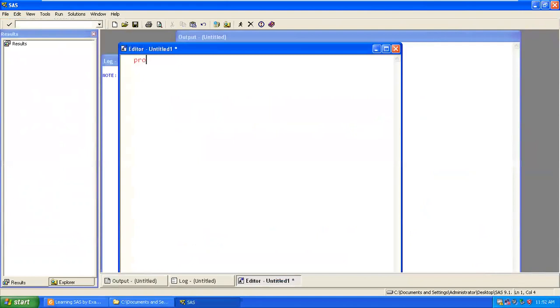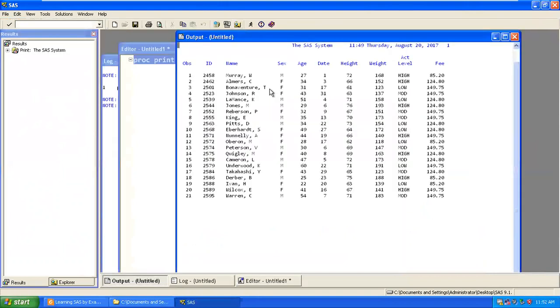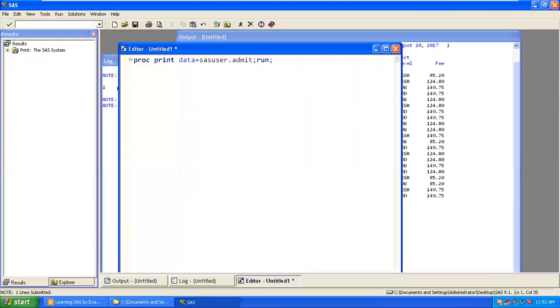When I use proc print data is equal to SAS user dot admit, correct? This data set we have. So now let me run. I'm able to run now. So we have sex equal to male and female, correct? Now go ahead and change it: where you want to look only for where sex is male.